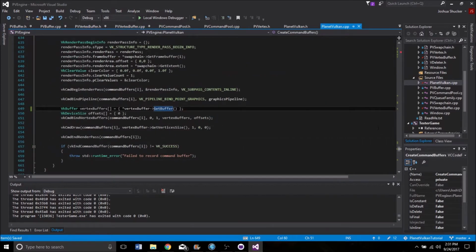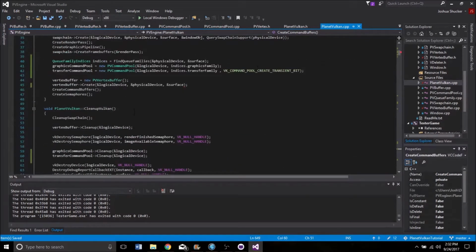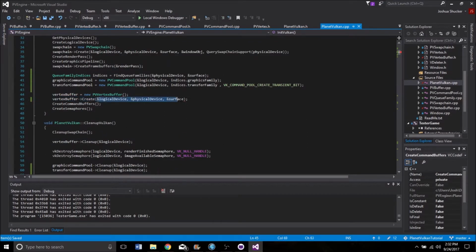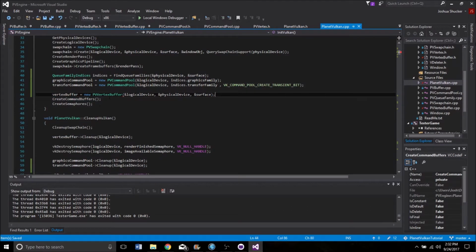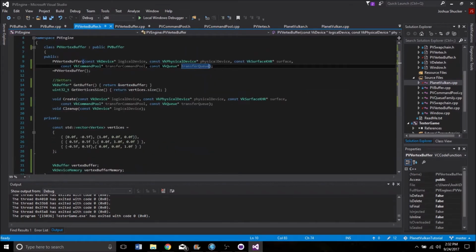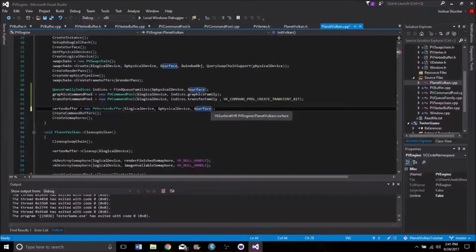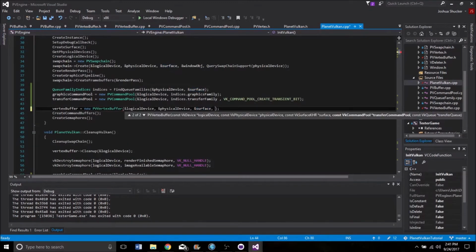Alright, so let's hop back over to the CPP. Now that we changed how the vertex buffer is created, we can just take these right here and just put them into the constructor. And that'll save us a line. And I think it's missing some of the arguments. What was it again? Let's take a look. So, logical device, physical device, surface, transfer command pool, and transfer queue. So for the transfer command pool, we just pass in a reference to transfer command pool. And for the transfer queue, we pass in a reference to